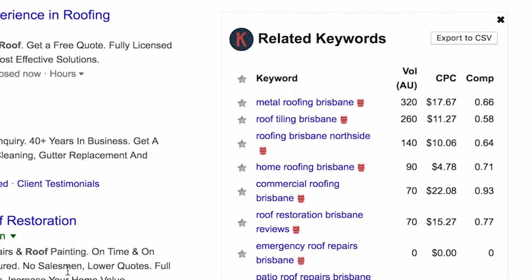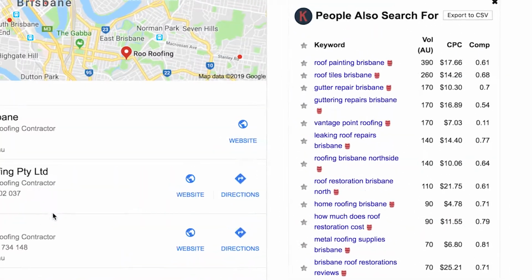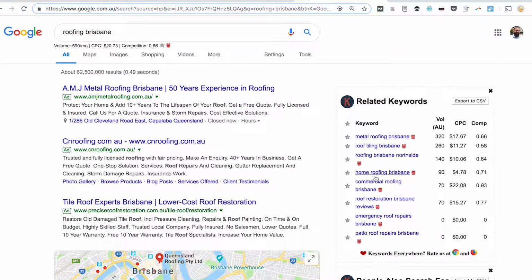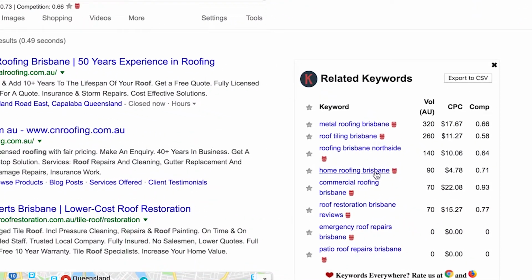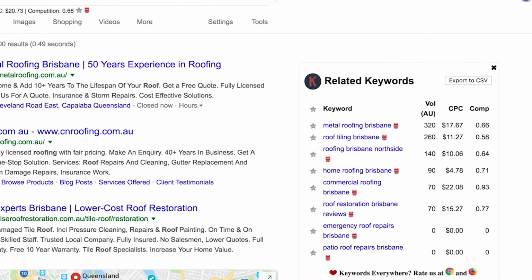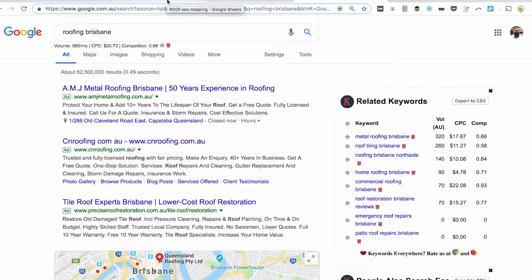Home roofing, yep, that's a brand, and it's also one of the websites down here, Home Roofing Brisbane, but that's also actually a term. So that's people looking for a roofing supplier to come and fix their home, and then you've got commercial, roof restoration, and so on. So if you're a roofing contractor and you're trying to use Google to look at the left hand of what that demand is for particular keywords,